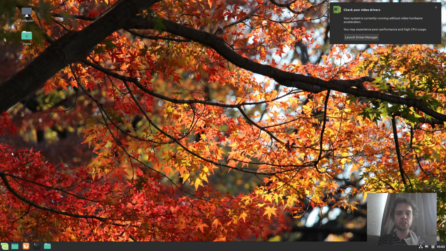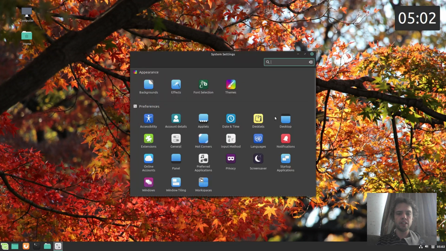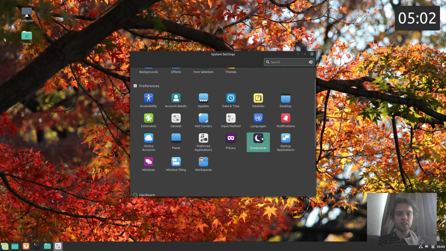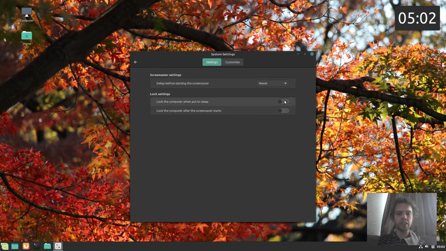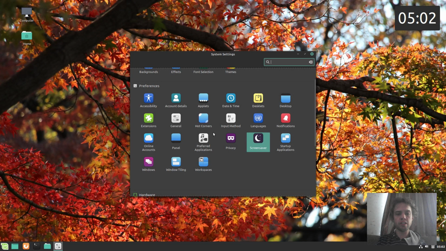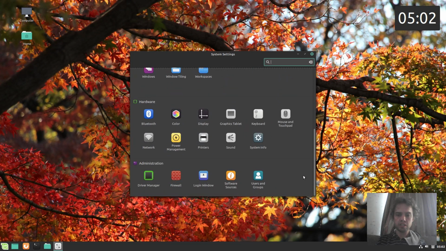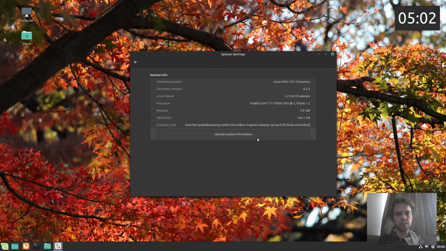And now we can just go to system settings. Everything is a bit slow at the beginning, but as you can see it's fine now. And then you can just set your screensaver settings as you want. And I want to see the system info. As you can see, it's now Linux Mint 19.2 with